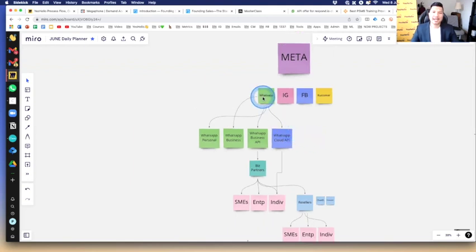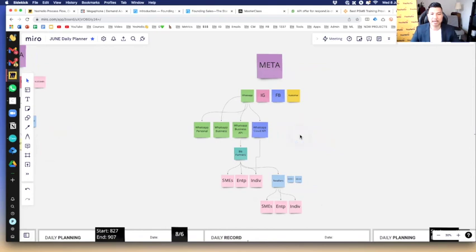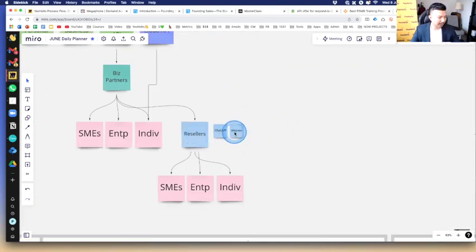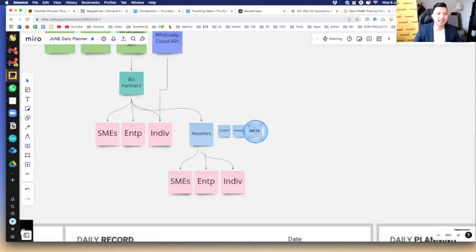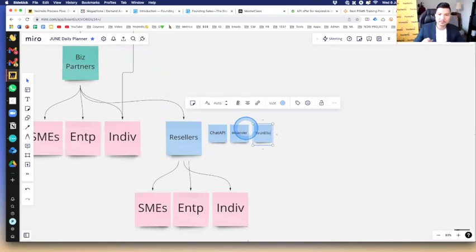So WhatsApp is saying, hey, I want to now go directly to our clients who are our SMEs, enterprises, individuals, whoever it is, and they want to offer the cloud API. So that is how the infrastructure now looks like. Okay, so where does YesHello fit into this? So yes, YesHello is one of these partners over here, right? So API, WP Sender. So we also purchase from each other. We also purchase from the resellers, these business partners like 360 Dialogue and all those things, right? So YesHello is right here. Boom. One of the resellers.